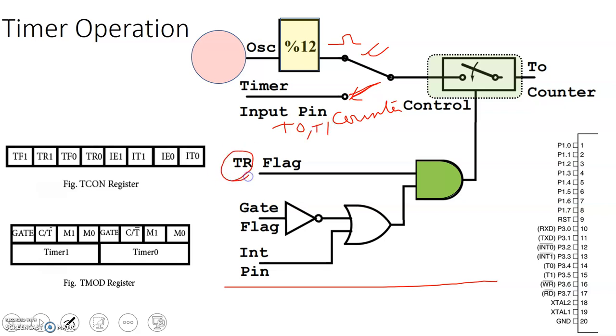So TR flag, when it is 1, then only the counting starts. So for the counting to start, this needs to be 1. Okay, this needs to be set. So it is 1 only if this is 1 and this is 1. When is this 1? When you set the gate flag. So this is the gate flag here. So you have to set it to 1. If this is 1, here it is 0, and